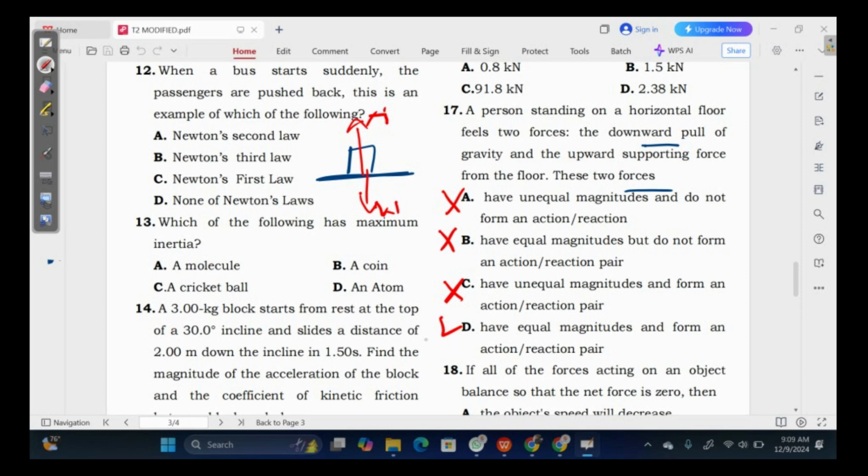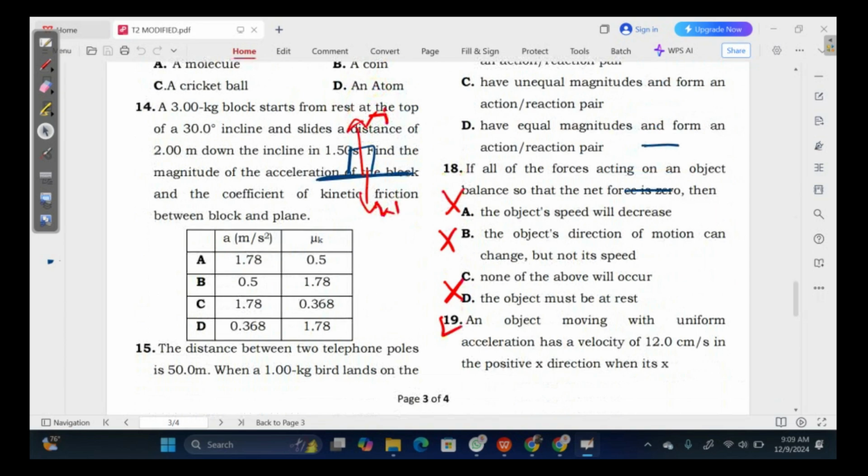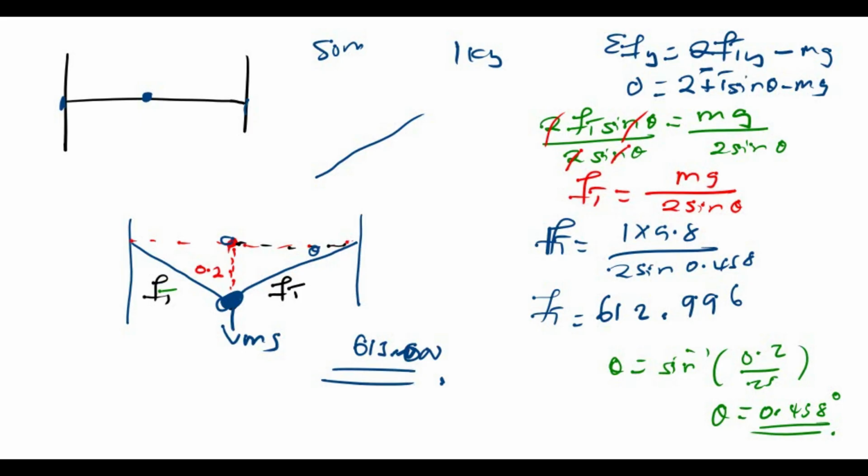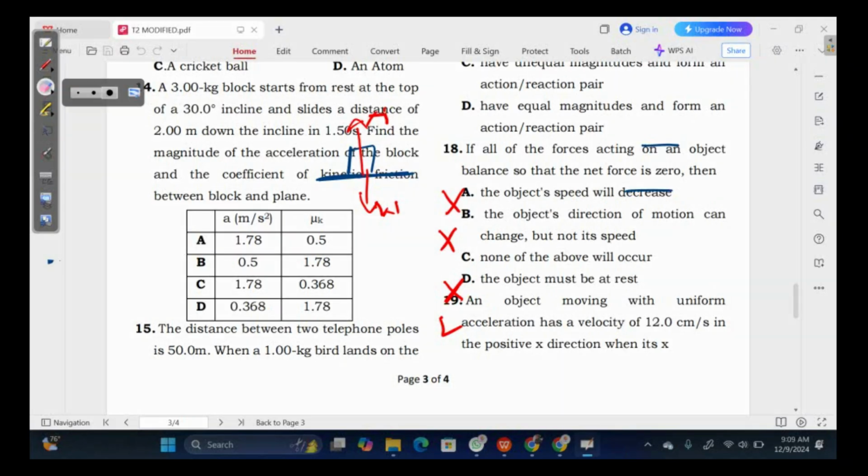Okay. We move to 18. How many minutes have we spent here? 40. Okay, so we have